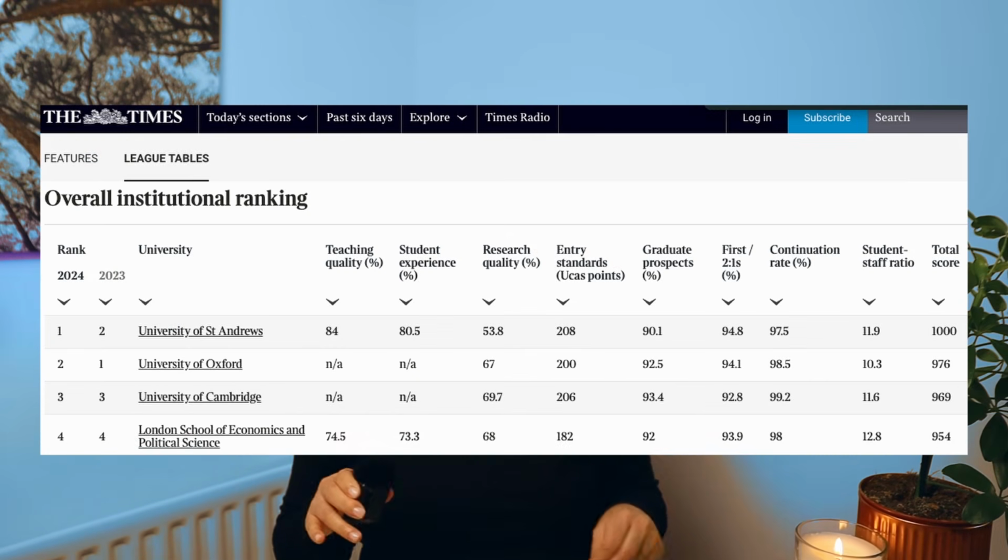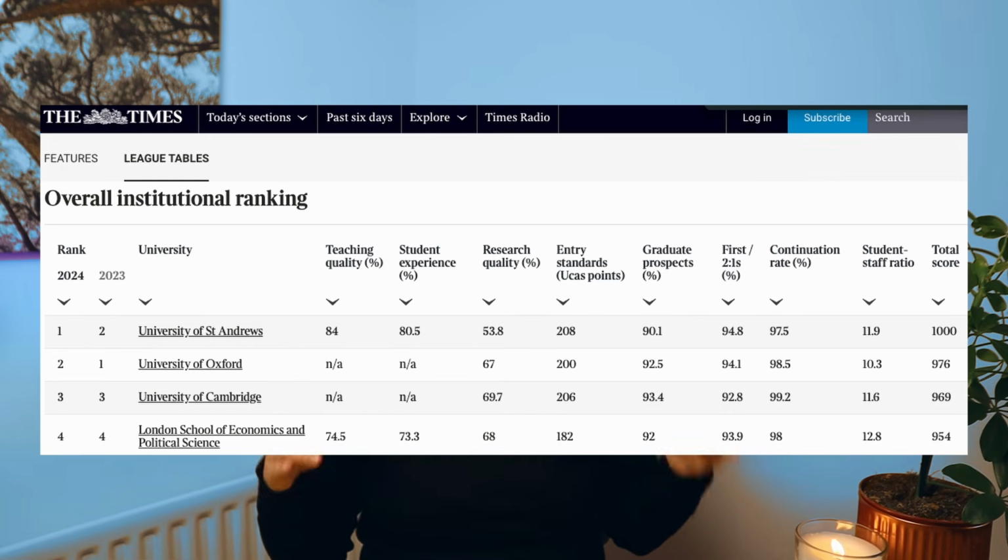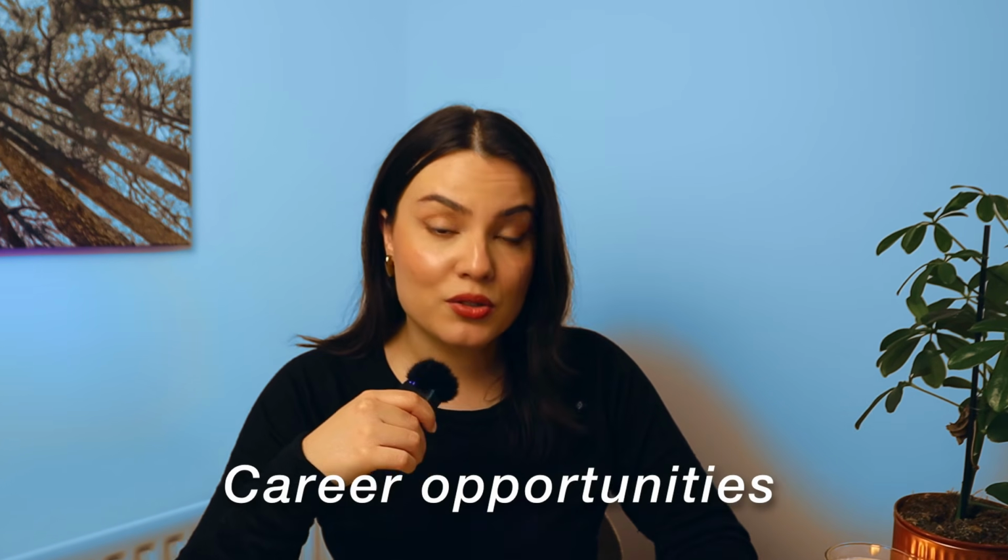I further chose to do my course at the University of St. Andrews because it is the best university in Scotland according to most rankings, and also one of the best in the UK, and it has a strong reputation amongst employers. This brings me to another advantage of doing a conversion master's, which is gaining access to career opportunities that are very profitable. With a conversion master's in computer science, you now have all the required qualifications to apply for most technical graduate roles, which specifically ask for a degree in engineering, computer science, or some of the other hard sciences.